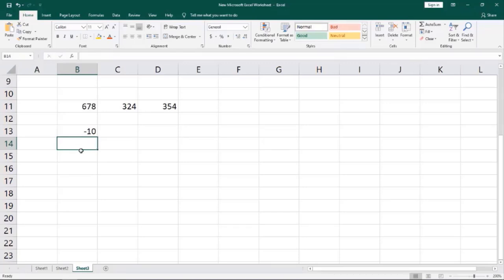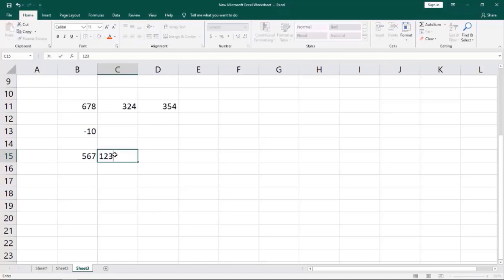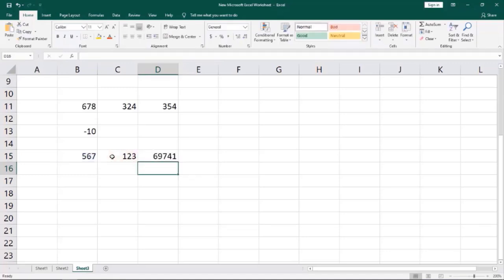Then multiplication, let's take another two numbers, 567 in one cell, 123 in another cell. Select one cell, then give equal to sign, then multiply 567 with 123. See, this is our result,